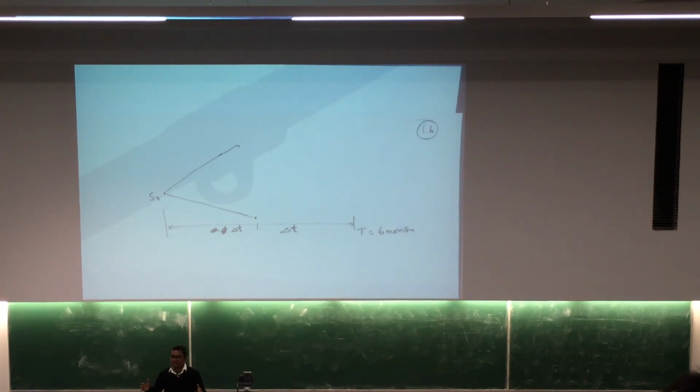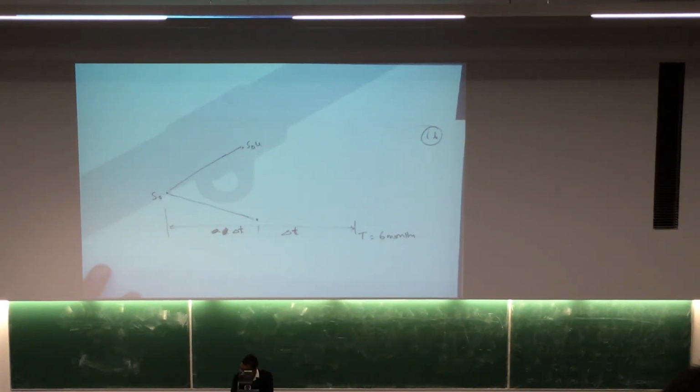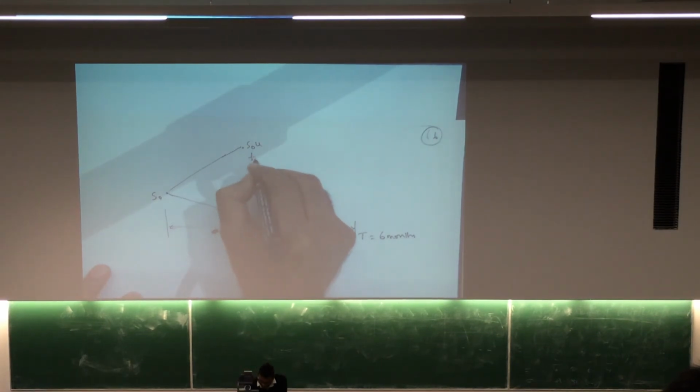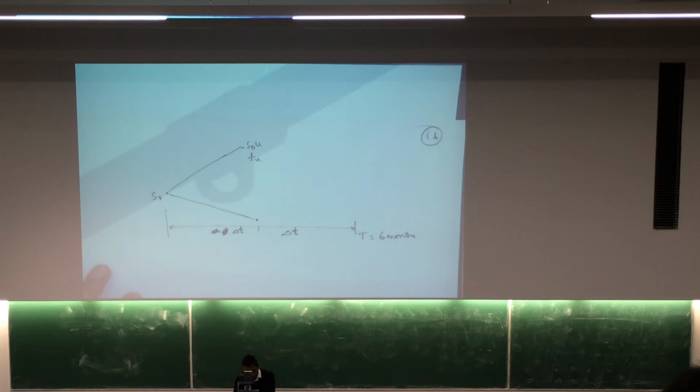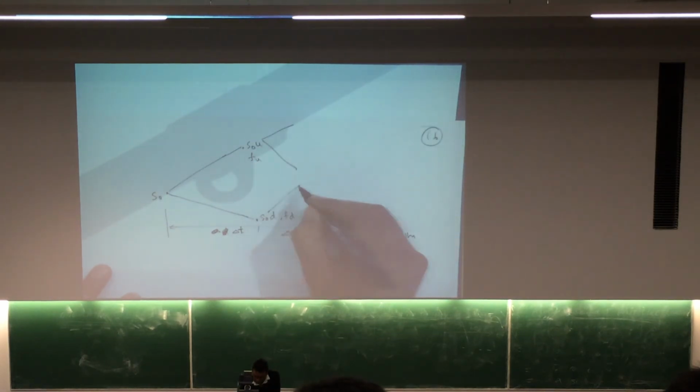Well, that is not a real life situation. The world would change many times during the 6 month duration. But we are simplifying things by assuming that there are only 2 possibilities. In the first 3 months, this might go up or go down. Let us say that if it is going up, that is S naught U, and the value of the option is, I just say, FU, and if it goes down, then the value of the option is FD. But again, the world might go up or go down, and from here also this might go up or go down.